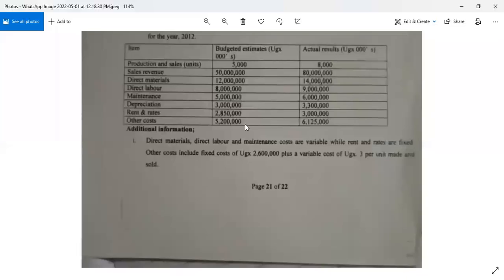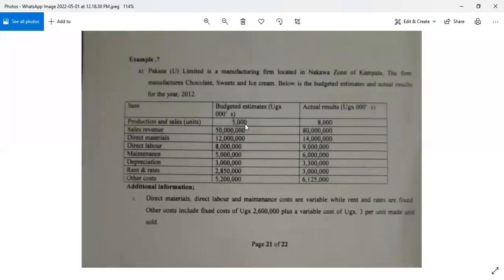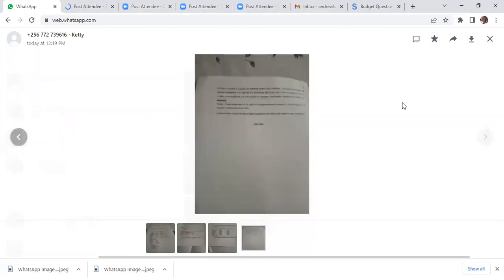The one you have shared is also fine, but this one doesn't pull out what I wanted really to show. However, it's fine. Now I think this one is fairly clear. It is called Pasca Limited. You're given additional information. If I may just take you to the last part of the information. The last part of information says that